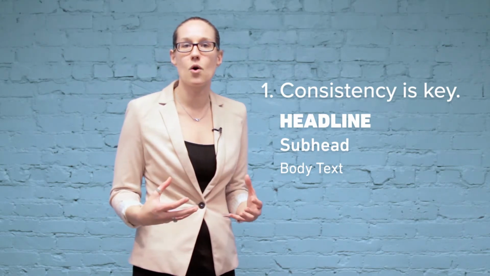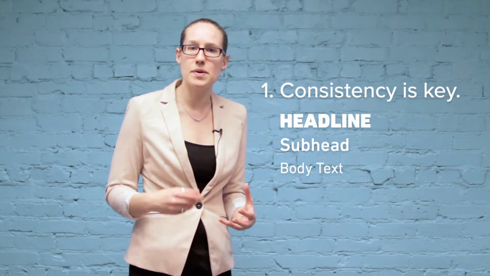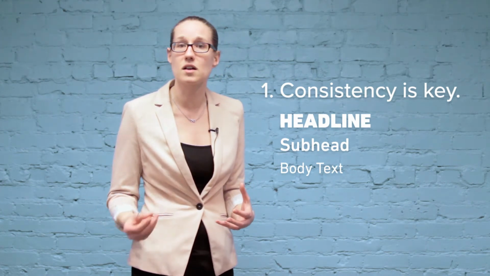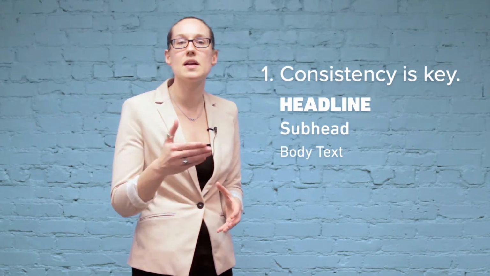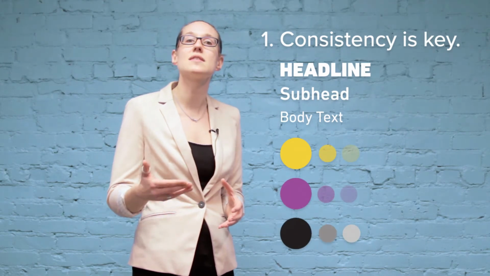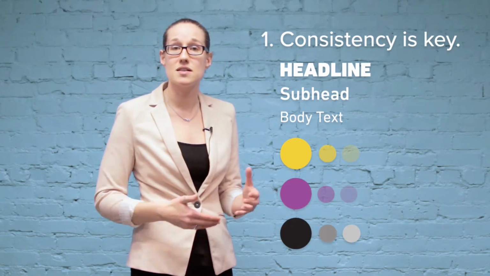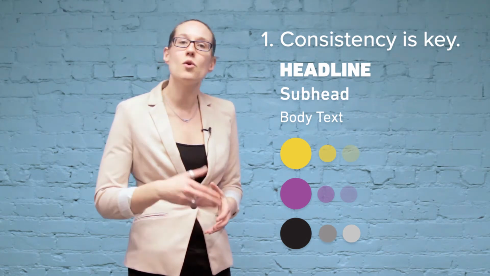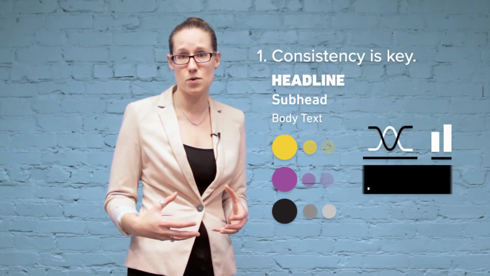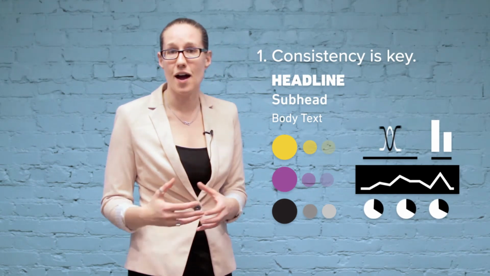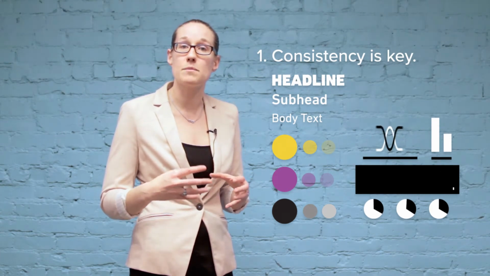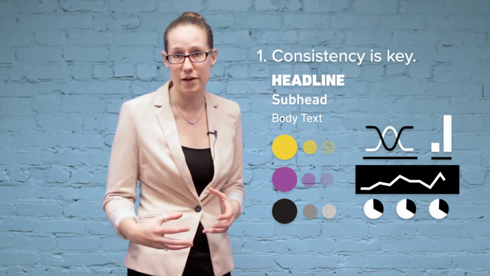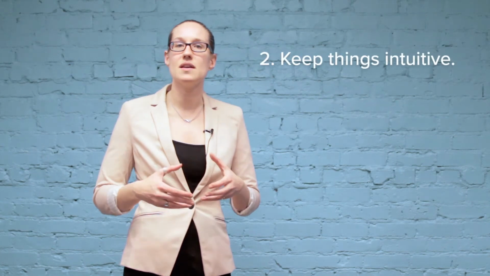If you go beyond that, it's going to feel very jumbled in the look and feel, and people might start to think that different sized fonts are clickable, when really they aren't. The next thing you have to think about with consistency is keeping consistent colors. All buttons should have the same color, for instance, as opposed to having different colored buttons throughout. You also might want to focus on the same data viz throughout, the same types of bar charts and pie graphs if you're using them, versus changing up those sizes, because that's going to feel a little abnormal on different size devices as well. So consistency is really key, but the other minimum requirement is to keep things intuitive in